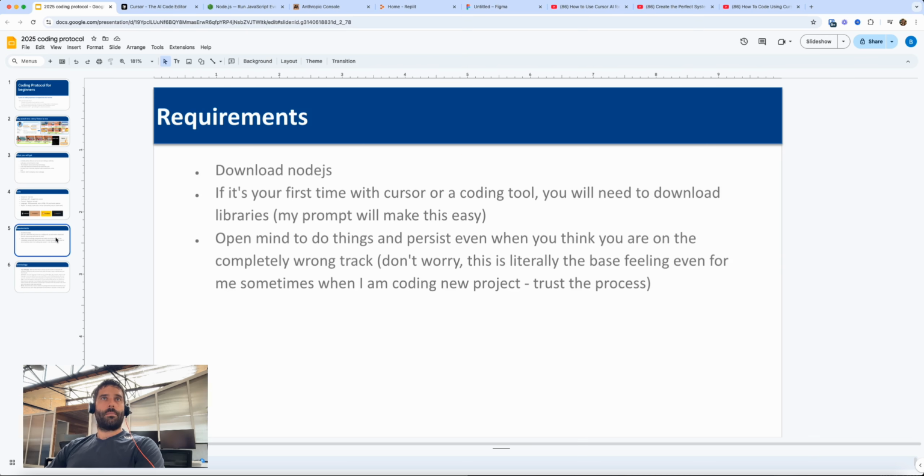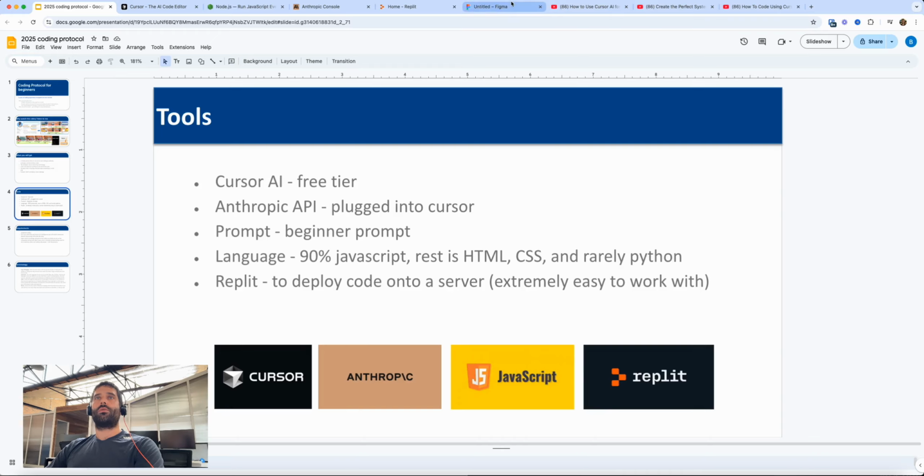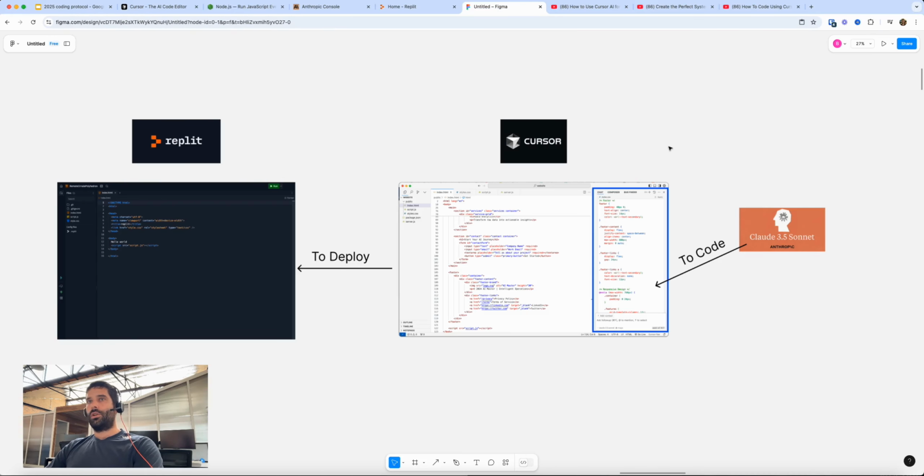All right. So before we get into the requirements, I just want to show you this high-level image. We're going to be using Cursor, which is this box over here, and it lets us write code, lets us generate code using AI, and it holds all the files for the code, and we can do all of our testing, all of our coding within Cursor. This runs our code on our local computer, which is great for initially building things out. And this is where you plug in the API key, and I just choose the model Claude 3.5 Sonnet, and that's what's running all of my AI generated code.